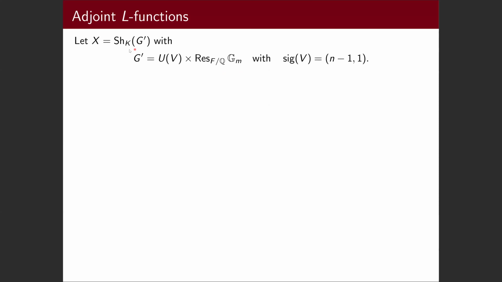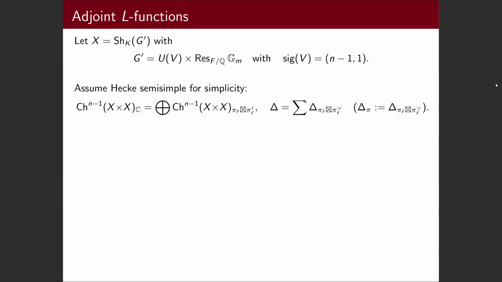But for example, in the complex fiber, I take the Shimura variety of this group. It's just going to be a disjoint union of Shimura varieties for the usual unitary group. So it's a mild change from the usual Shimura variety for the unitary group. And I'll take this indefinite signature (n-1, 1). And okay, for simplicity, to state the conjecture and theorem, let me assume that I have this Chow group of